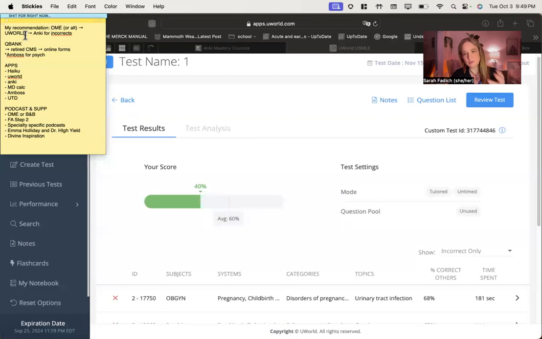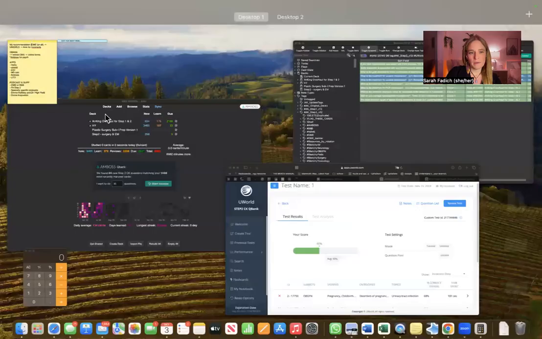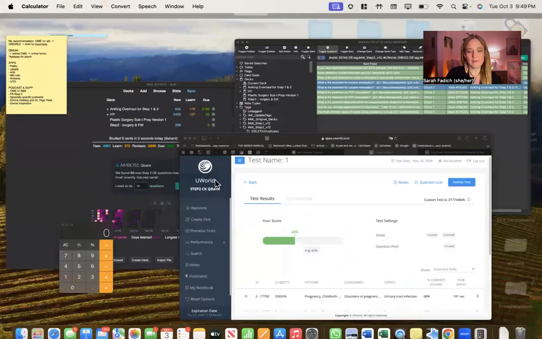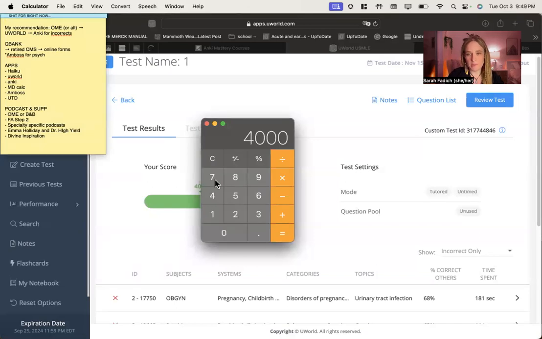Uworld is the single most important resource that you're going to use. You could use Amboss, but since we all have Uworld subscriptions, might as well use that, and then use Amboss in your dedicated period. So essentially, there's approximately 4,000 questions in the Amboss QBank, and if you study 5 days a week, giving yourself a 2-day buffer, whether that's a special weekend off or you're just working a lot,